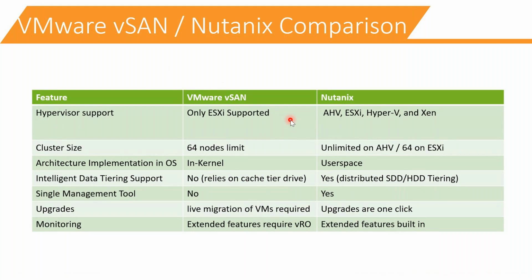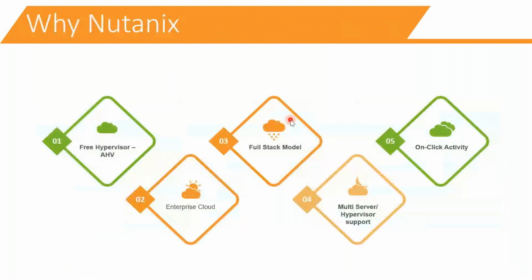There is a list of hardware available in the market, but if you go for HP, you have to buy only HP hardware. If you go for Dell, you have to buy only Dell hardware. On the VMware side, you have to use ESXi. If you use ESXi, there is a license cost involved. So now moving to here. Why Nutanix, when I have so many competitors in the market? It offers a free hypervisor.